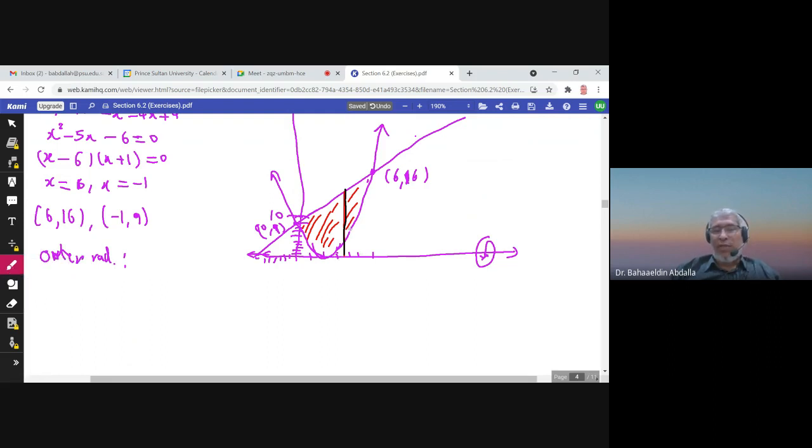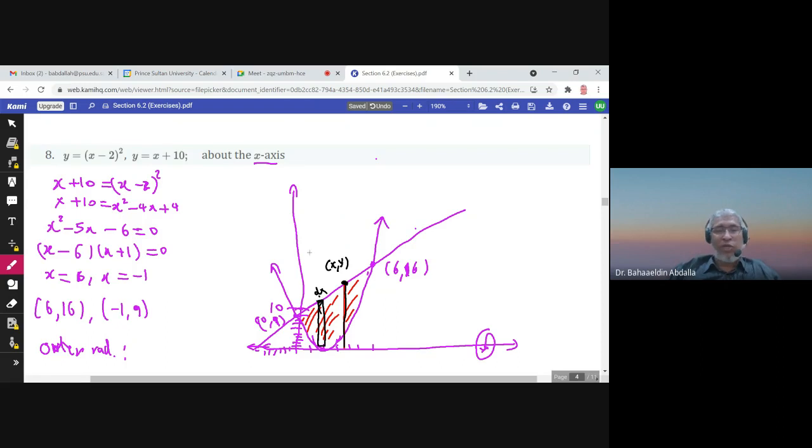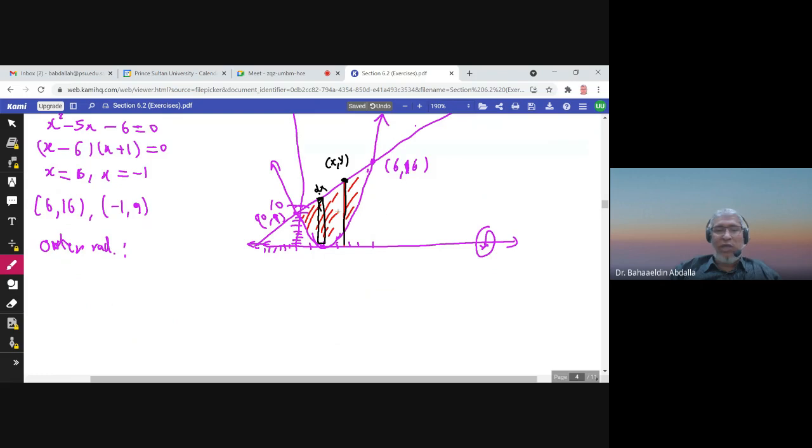If you choose this point, what are the coordinates of this point? x and y, so it's y. Remember we are finding the rotation about the x-axis. So the rectangle would have a width of dx, and everything should be with respect to x. So this line is x plus 10. That's good. It is already there. So x plus 10 is the outer radius,